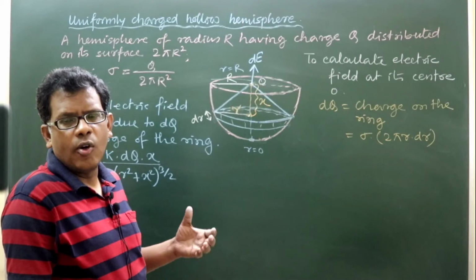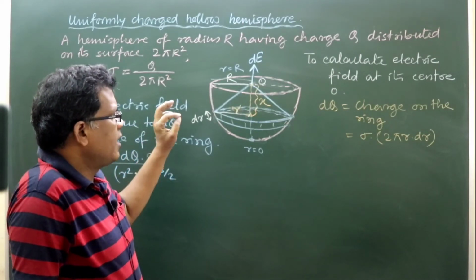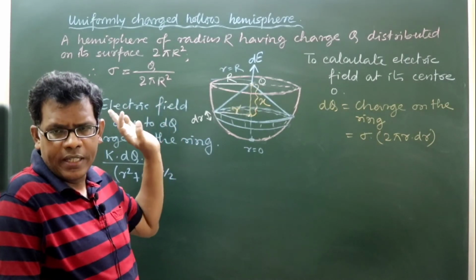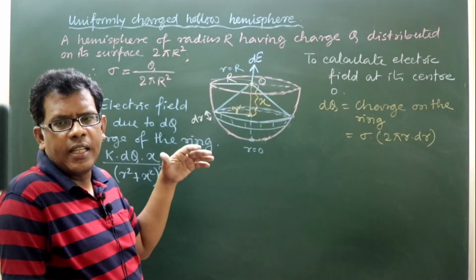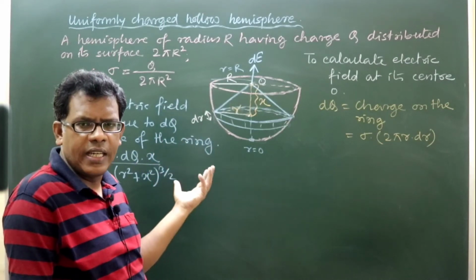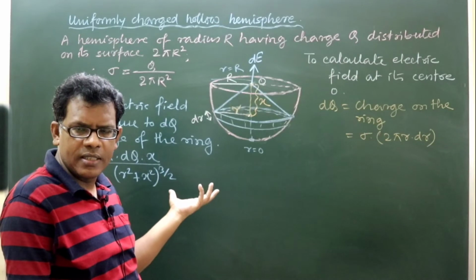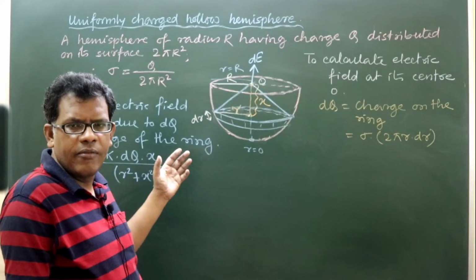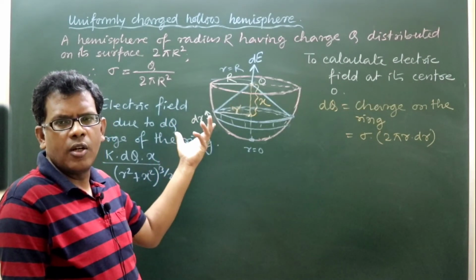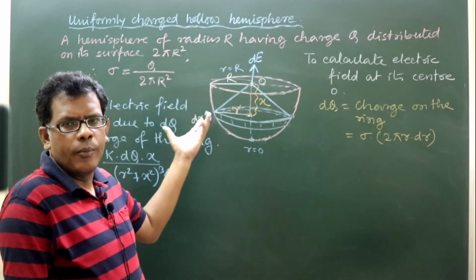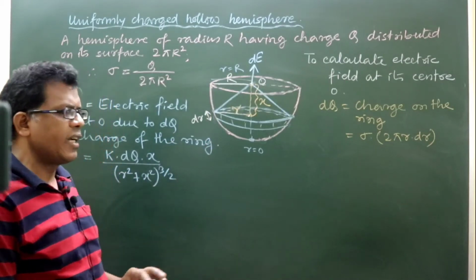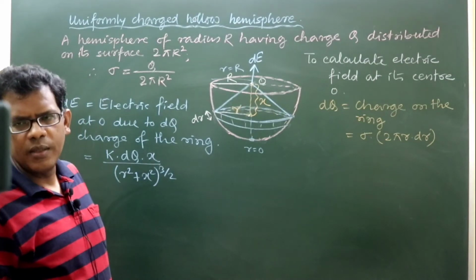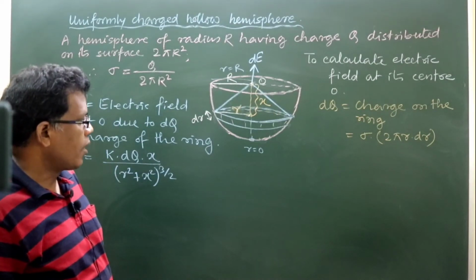So again, if dE is for one ring, the total result can be found using all such possible rings. In the previous result also, for the net electric field due to the total charge of the disk, it was the integration of this expression. Then why can't we integrate the same format when the total charge of the hollow hemisphere is again a combination of rings only? Yes, there is a basic difference in the mathematical part of geometry.